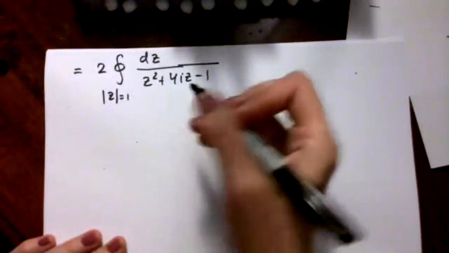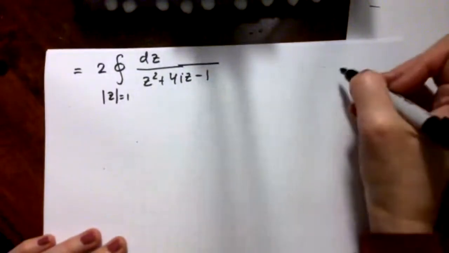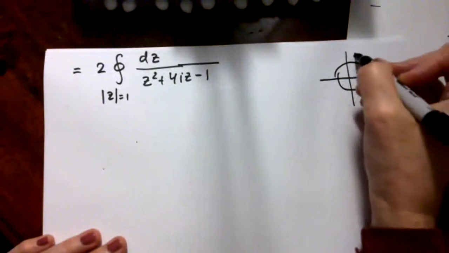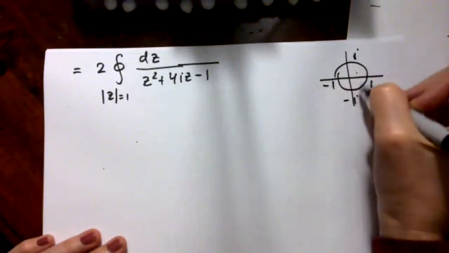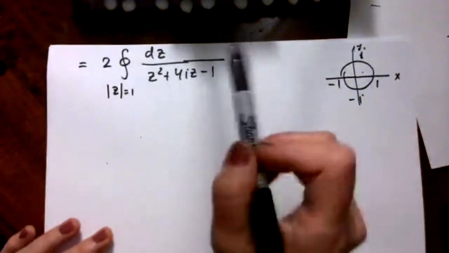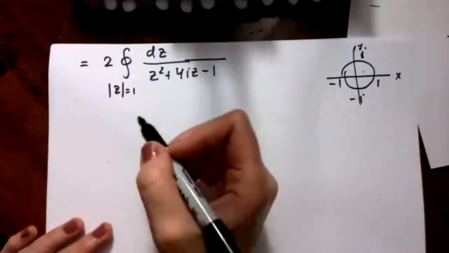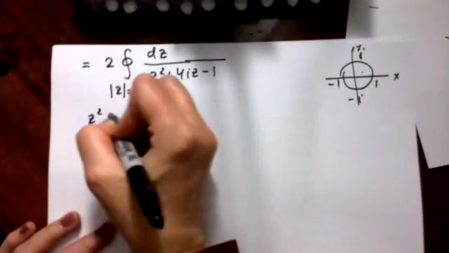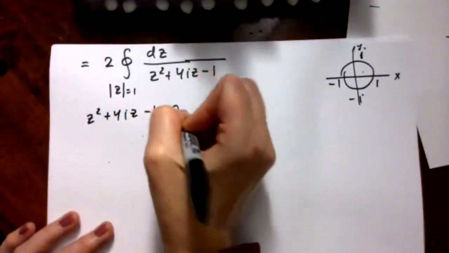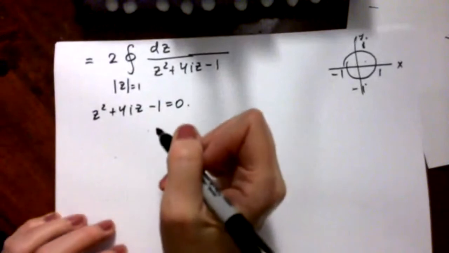Okay, so let's find singularity points. Our contour is here. This is a circle with the radius 1 minus r. And we need to determine which of the singularity points are inside the circle, according to our famous residue theorem. Okay, let's find singularity points. z squared plus 4iz minus 1 is equal to 0. Again, this is a typical quadratic equation,